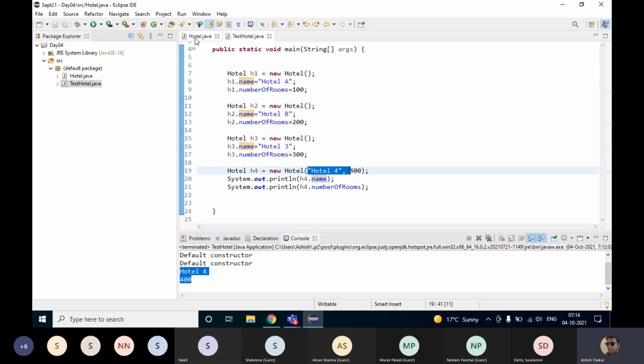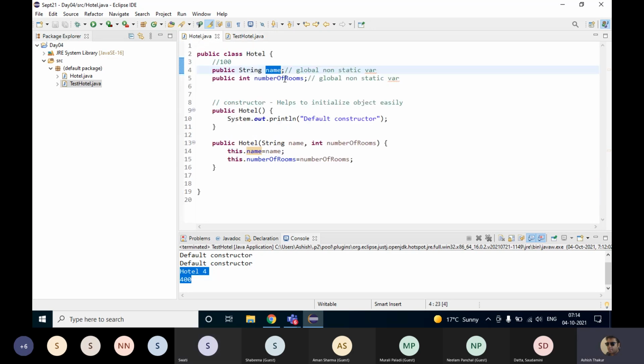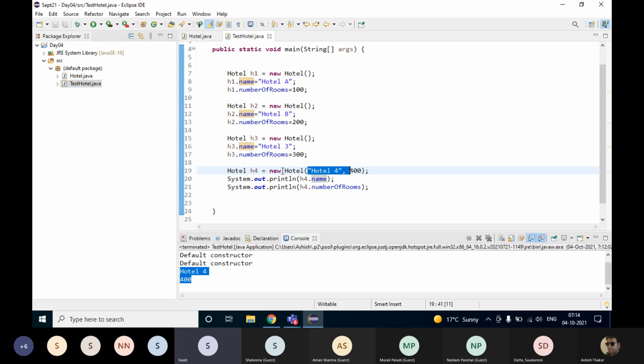Yeah. Okay, so these variables cannot be accessed directly in the class because they are non-static, so for that we need to create an object. So I just wanted to know, is the only benefit we get from the constructor that it frees the memory after running the program? That is up to Java.